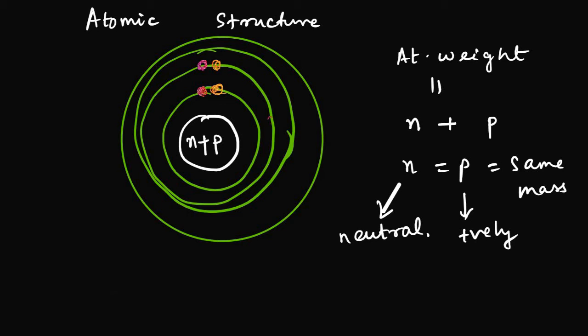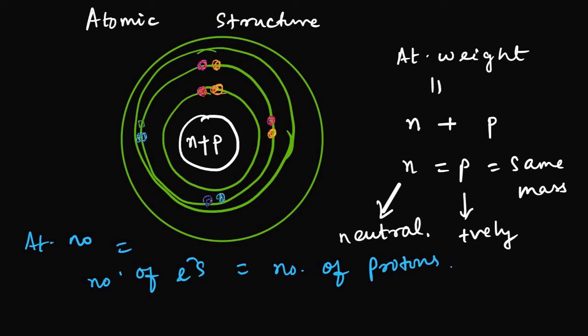Now, you must have studied how to arrange the electrons in certain orbits. We know that for sure, but we need a quick reminder of that as well. The atomic number is the number of electrons, and the number of electrons is also the number of protons. An electron is basically negatively charged. That's how it is.